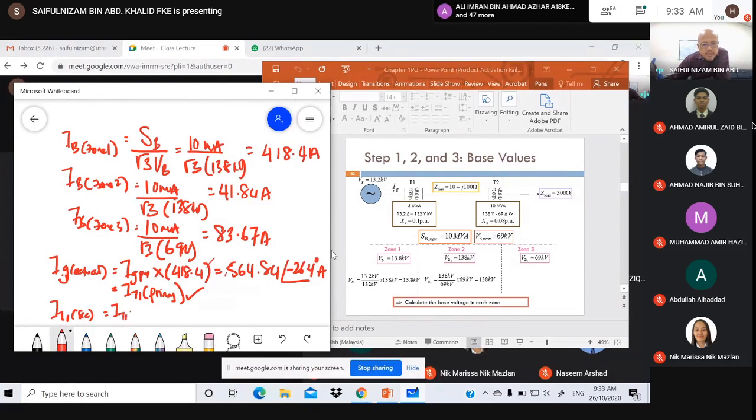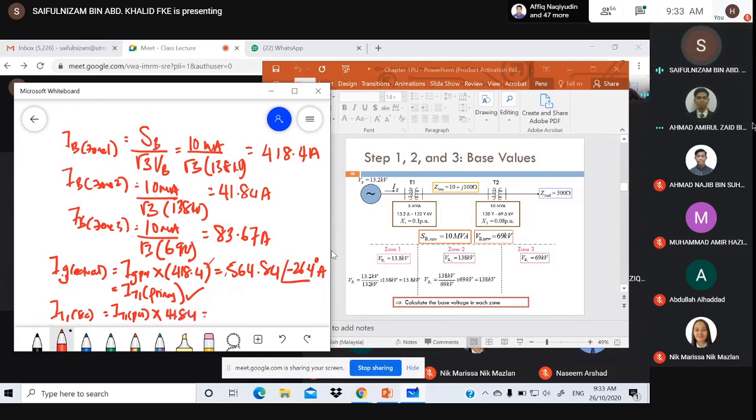I T1 PU times, so what is the base current in zone 2? 41.84. So what do you get? You should get 56.484 angle minus 26.4, right? Yes. The unit current is the same, right? The difference is only this. This is the current